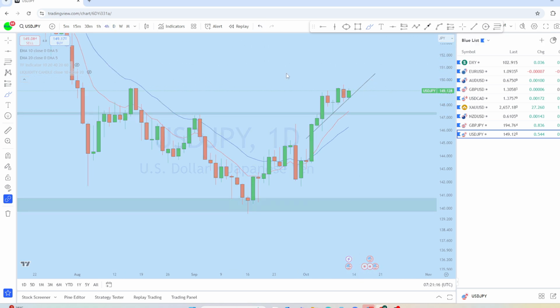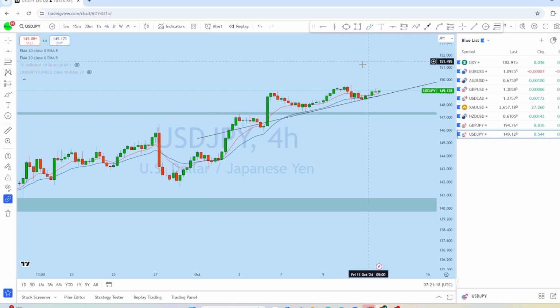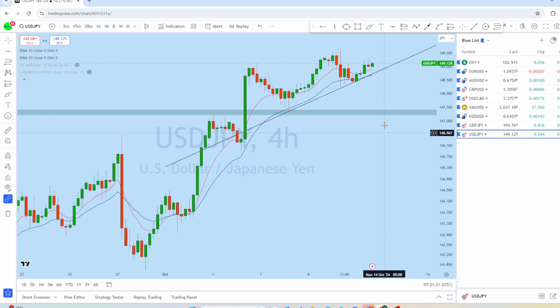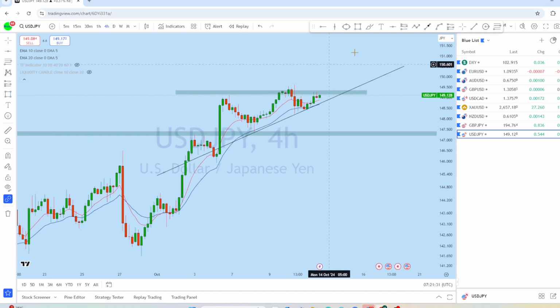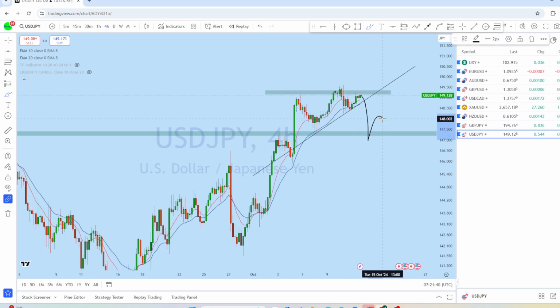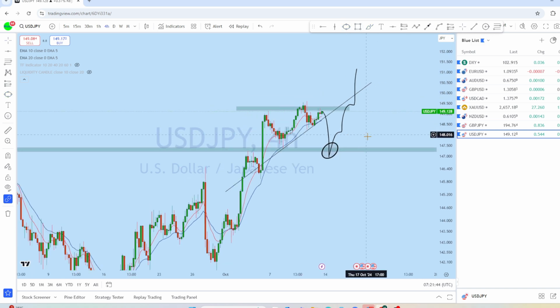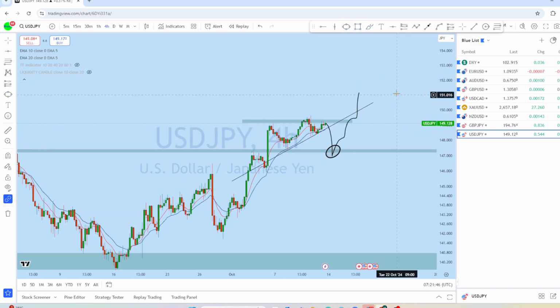If we look at the 4-hour perspective on dollar yen, in this lower time frame the market is forming a series of higher lows. At the same time, this is an important level of resistance, where the market tested this resistance here, and also resistance here. We expect dollar yen to break from the structure and then continue to the upside with stronger momentum. That could be the wave for the upcoming week on dollar yen.